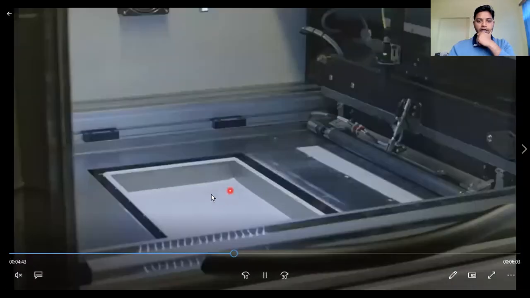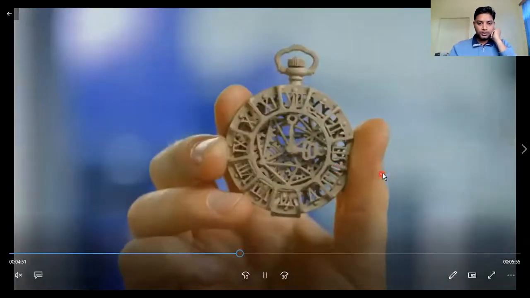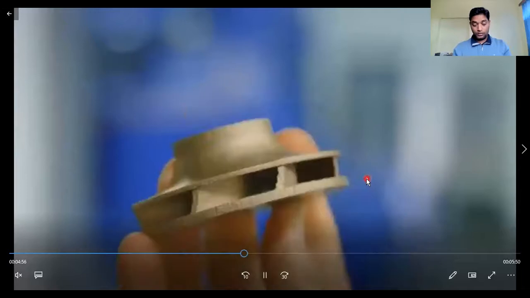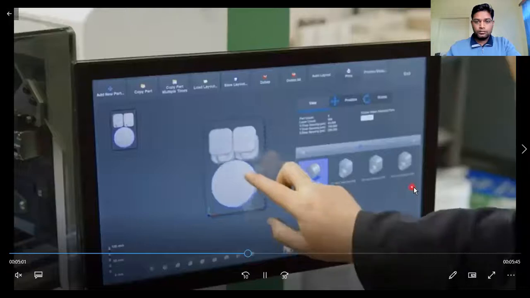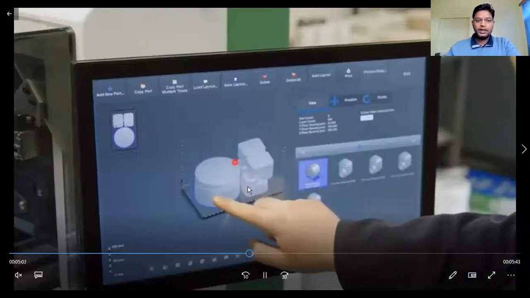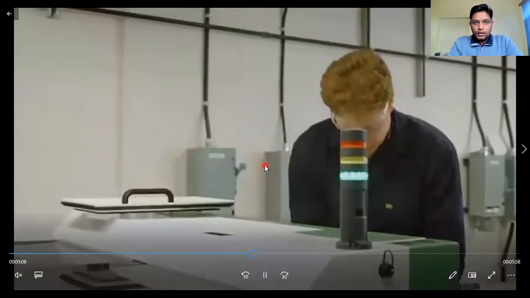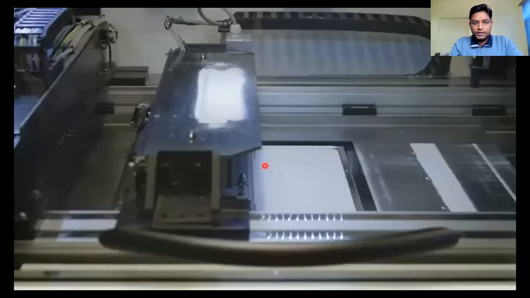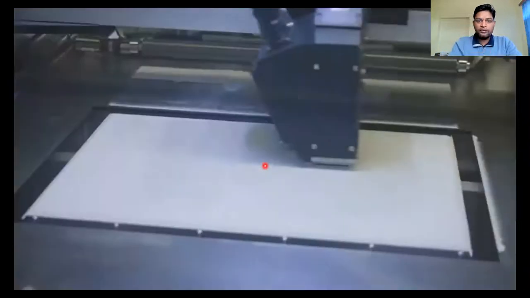Okay, so this is towards the bottom side. And this is the kind of structure we can produce. This is a complete bed, a complete space we can utilize by placing two or three models. This is a kind of liquid resin. This is a kind of roller. And this is what material we have to deposit.